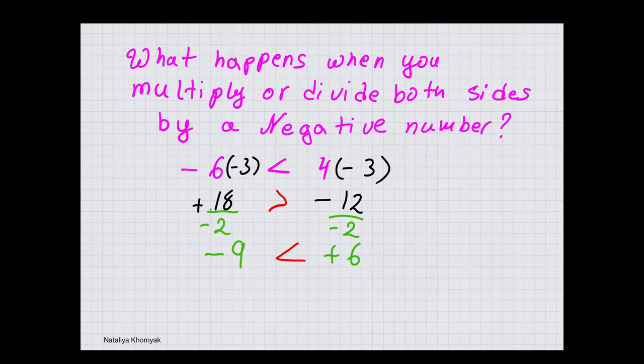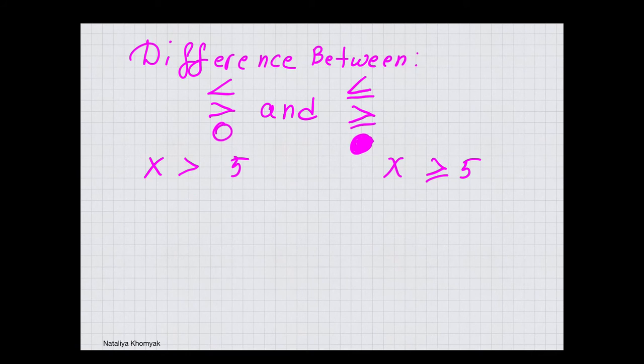When you have an inequality, you can add or subtract numbers to both sides. You can multiply or divide both sides by the same positive number. And when you multiply or divide both sides of the inequality by a negative number, you have to reverse the inequality sign. Let's take a look at the difference between inequalities. On the left we have less than, greater than, and we use the empty circle to graph it. On the right, we have less than or equal to, greater than or equal to, and we use a filled-in circle